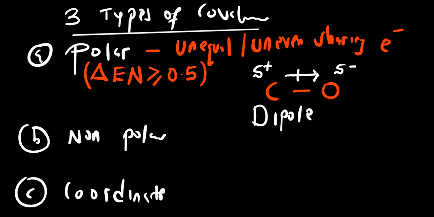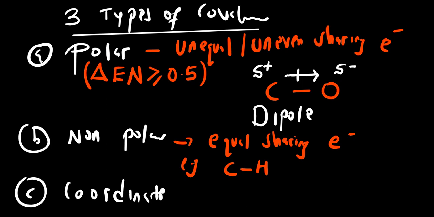So it is very important that you understand this concept. Very important for you to understand. Okay, then when we're talking about non-polar compounds, these ones, there is equal sharing of electrons. Okay, so common examples that I can give are maybe C and H. Okay, C and H, these ones, there's equal sharing of electrons between them,